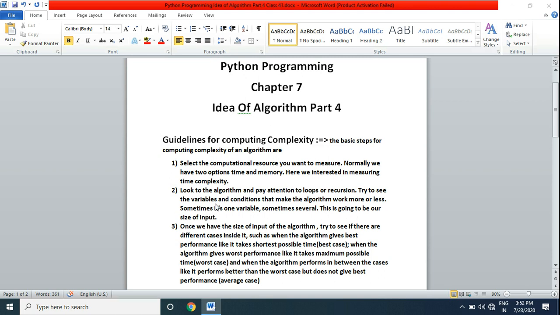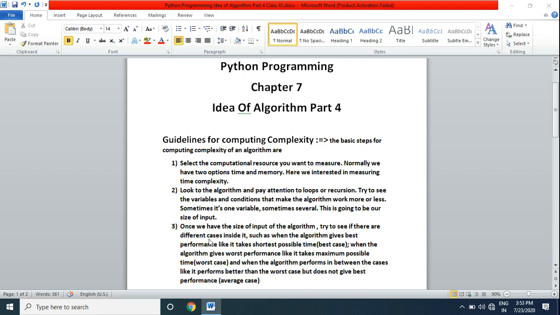So to calculate time complexity, we look in the algorithm at what loops there are, what variables there are, and what the conditions are. After looking, we have to calculate our size of input, how many variables we are going to input in an algorithm.